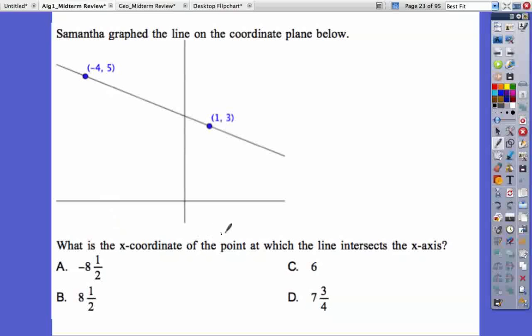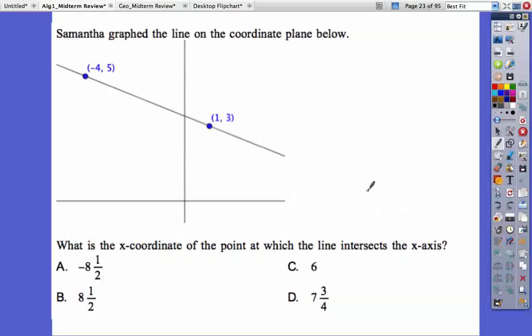What is the x-coordinate of the point at which the line intersects the x-axis? This is the problem that I was asked to make sure that I put on this video by my 6th period. So here it goes. First, where the line crosses the x-axis is called the x-intercept. You also have to know that at the x-intercept, the value of y is 0. Here is not enough information to know exactly where this line is going to cross the axis. You don't know where it's going to cross, so we have to do the work and figure this one out. And that's the reason why these type of problems